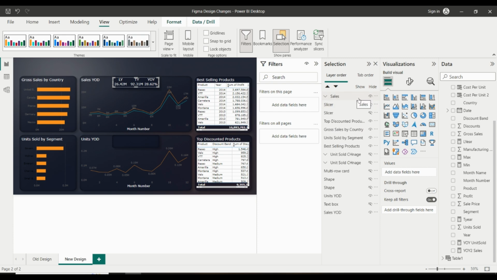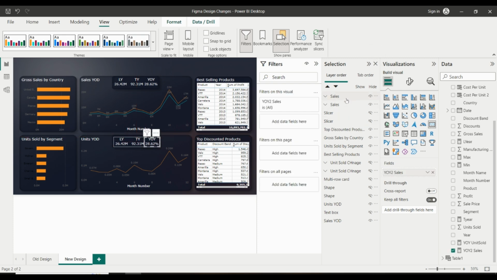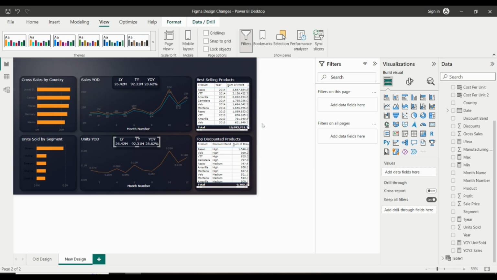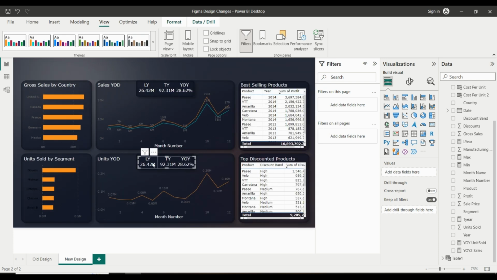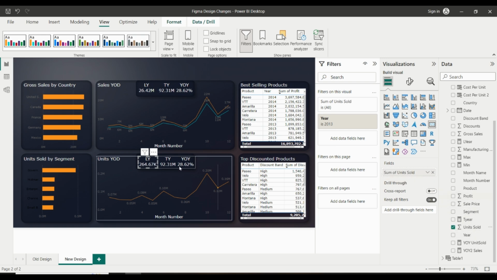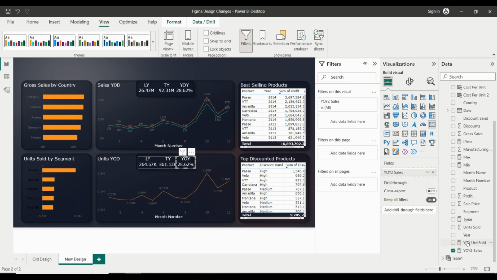Sales, and we're going to duplicate this, the whole thing, and we'll put it here at the bottom, and let's rename it so that we know what we are dealing with. Just gonna change the fields now. We come here. This time we'll add, instead of sales, to be units sold. Same here, and we'll change this one as well, and change the measure from that to this, so that we have a